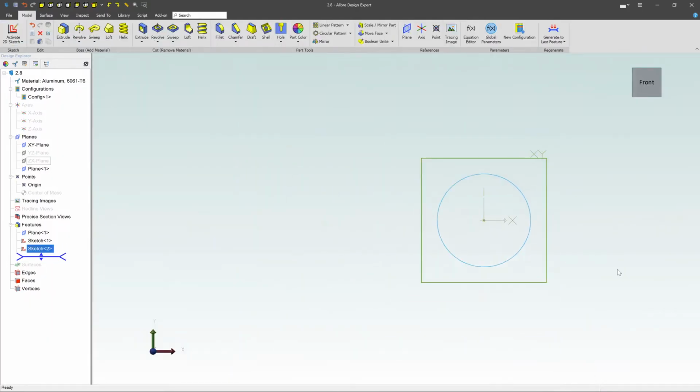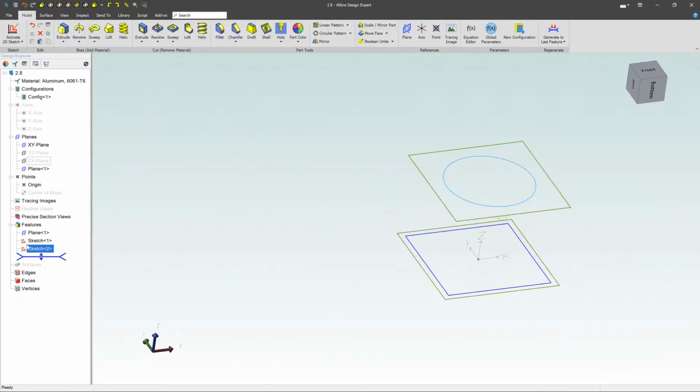So now what I have is 2 sketches. I've got a square down here, and a circle directly above it, and we want to create a loft feature between the two. Now, we can get a lot more crazy with lofts. We can start adding a whole bunch of different profiles. We can add guide curves, and we can do center point or center line lofts. There's a whole bunch of different things we can do with lofts, and I don't have the ability to go through every single thing here, but I just want to show you the basics of creating a loft and what's